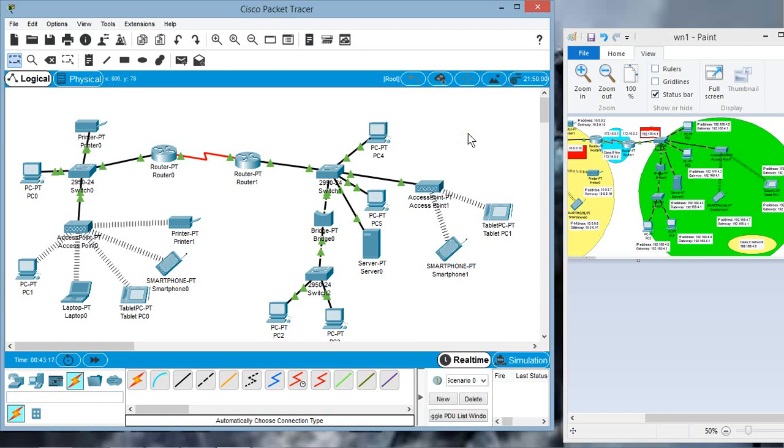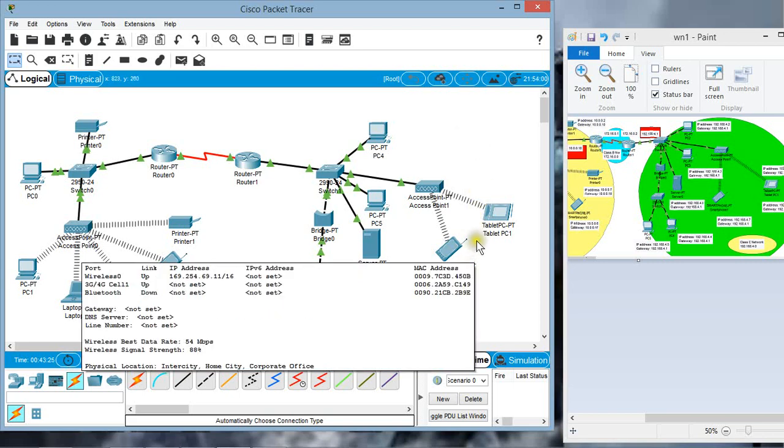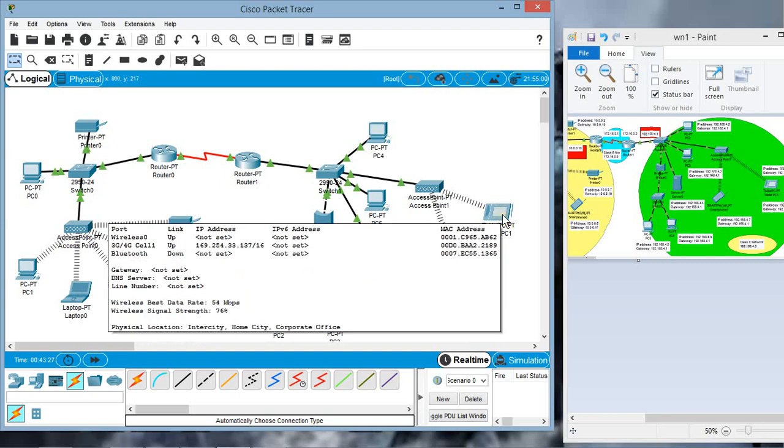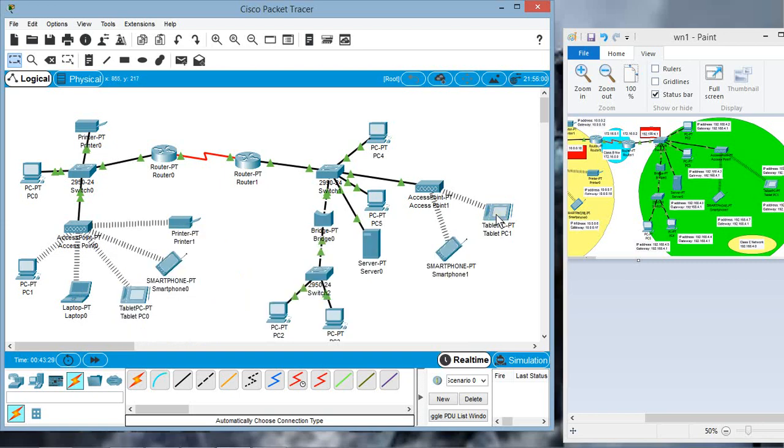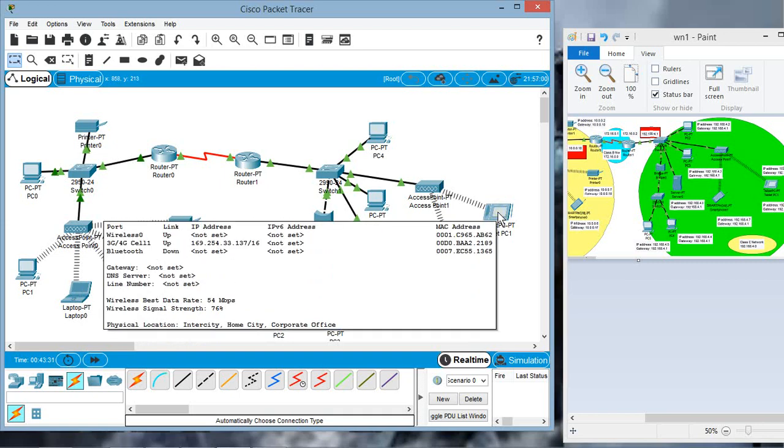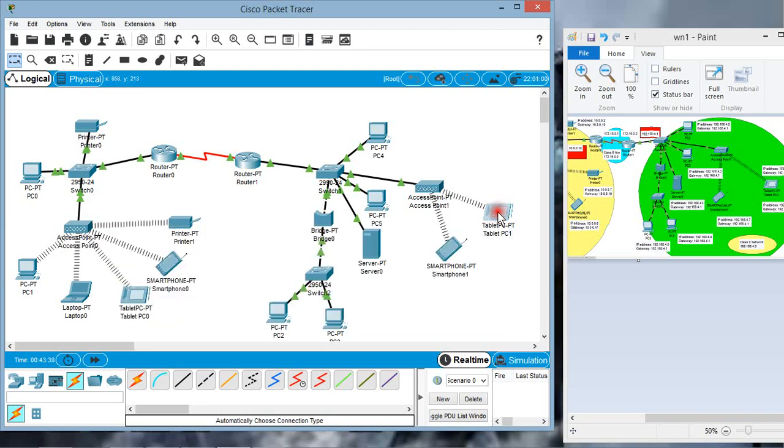Let us check the ping responses from every PC to every PC in the network. Now let's ping the IP address of this tablet PC. The tablet PC on the right hand side is having an IP address. Its IP address is not seen up. Let us check it again.